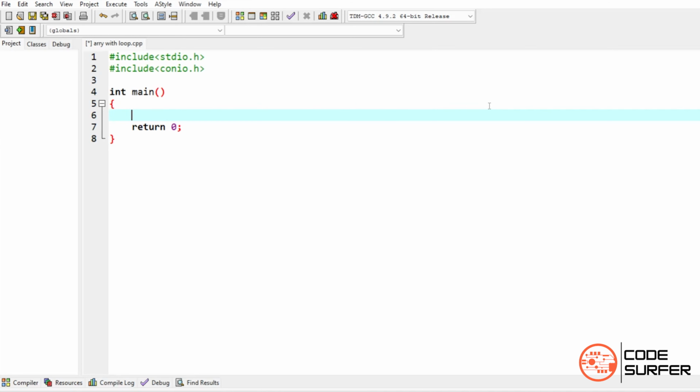So in today's video we are going to have a look at how we can print the array using the loop. If you haven't seen the previous video, please check out the videos to get some basic knowledge